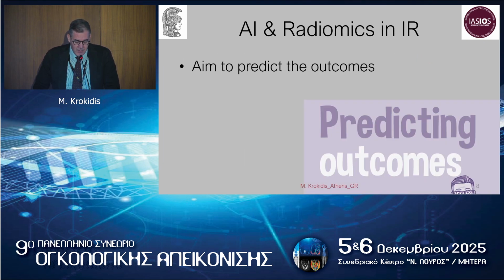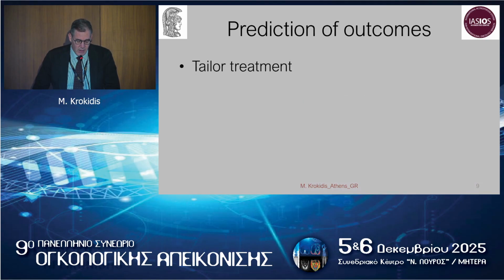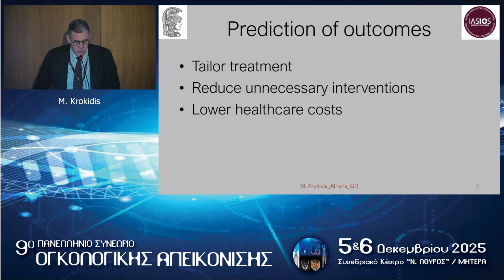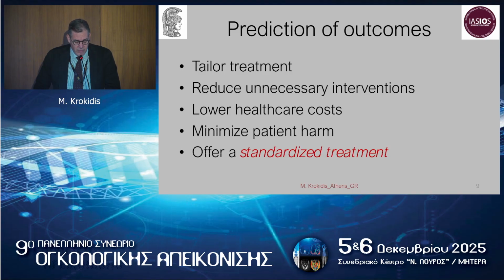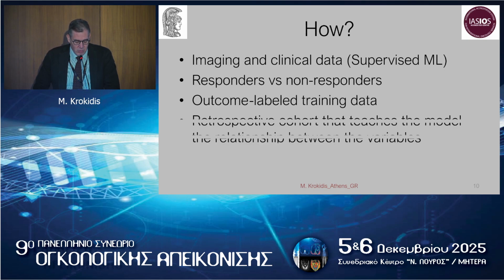And all this is done because we would like to predict our outcomes potentially. This is the ultimate target of IO. So we would like to offer more tailored treatment, reduce unnecessary interventions, lower healthcare cost, and of course, offer more standardized treatment to our patients. So this would be performed via machine learning protocols that usually divide the patients into responders and non-responders, and we would have